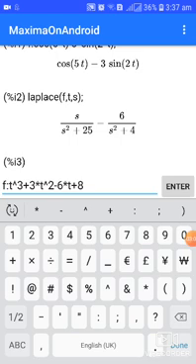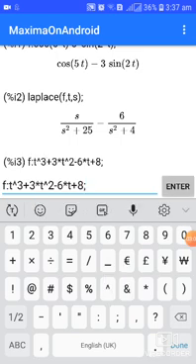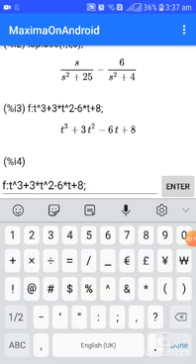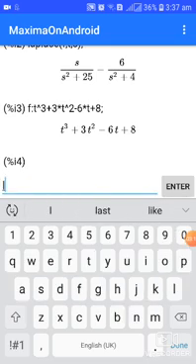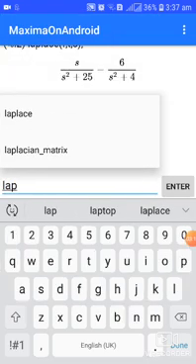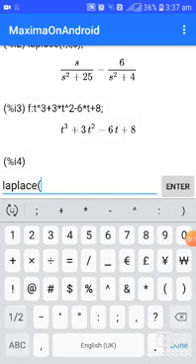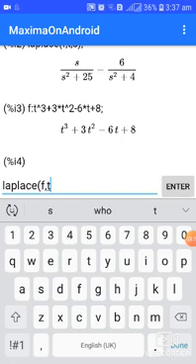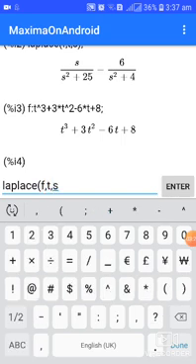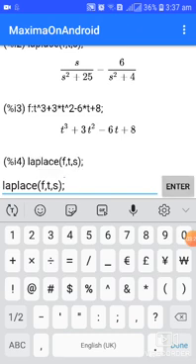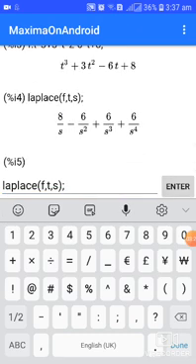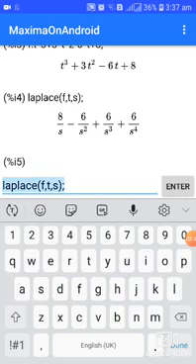Then after typing the given function, we have to type the command for Laplace transform, that is Laplace of f comma t comma s, then enter that. Now we got Laplace transform of the function t cube plus 3t square minus 6t plus 8.